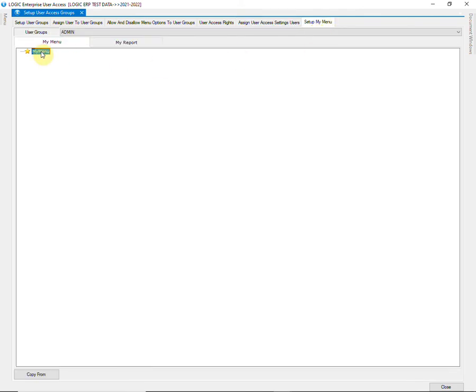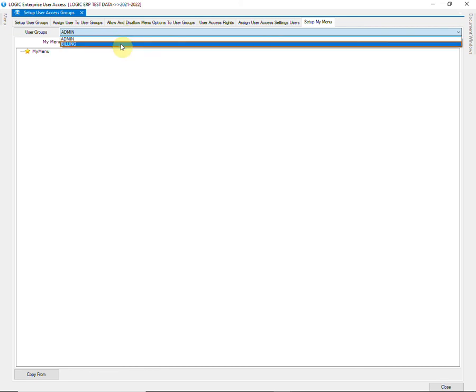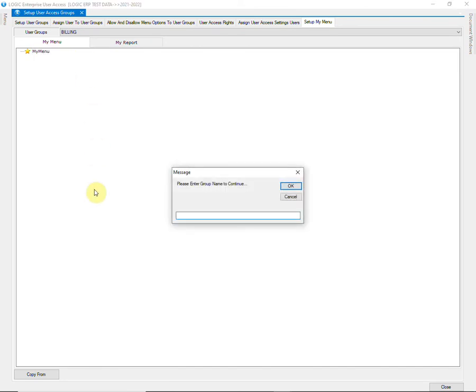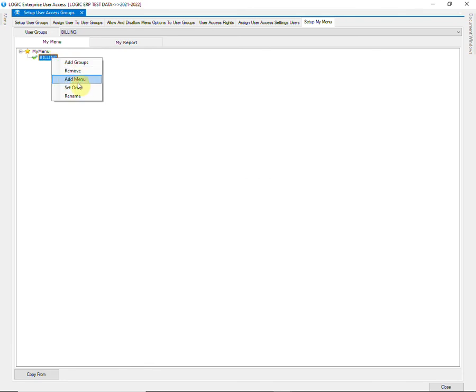The last step involves setting up My Menu. Select the user group for whom My Menu is to be set up. Right-click on My Menu and click on Add Groups. Define the name of the group. Now under that group, we will add menu options.